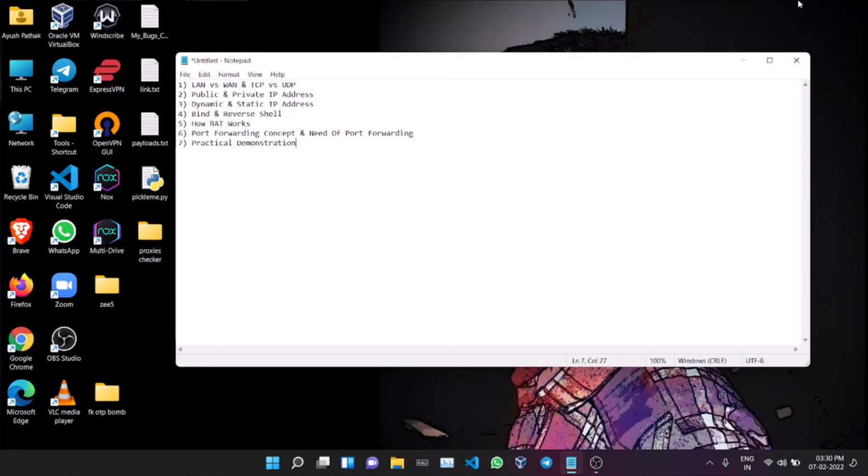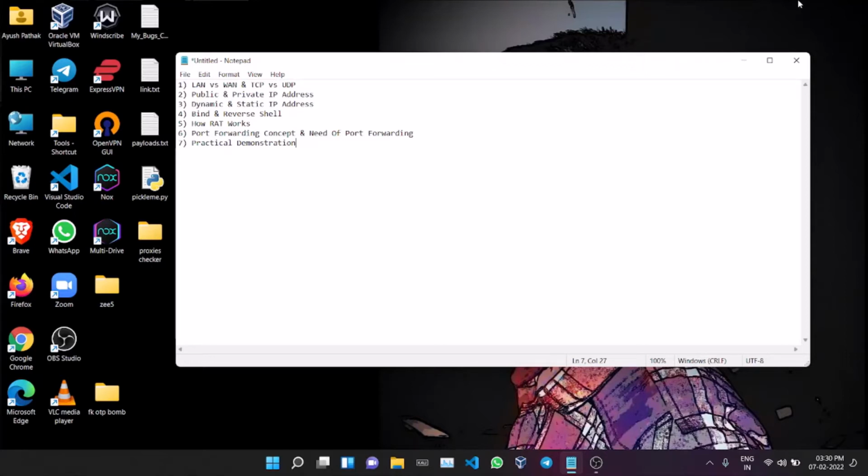So your router has 2 IP addresses, one private IP address and one public IP address. That public IP address is visible to the internet, but the private IP address that the router and the rest of the 5 devices have will be accessible and visible only inside that network.